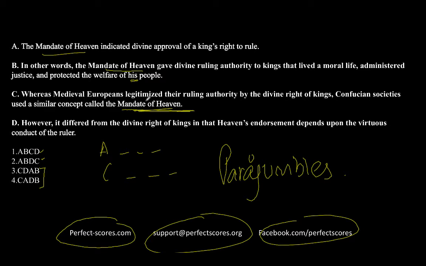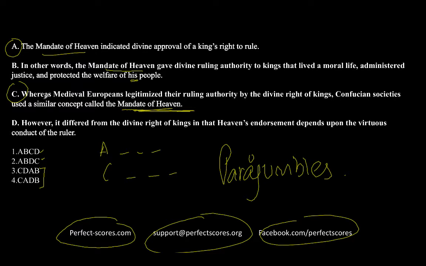So this is mostly like an introduction to a paragraph, so this very well can be the first sentence. D. However, it differed from divine right of kings in that the heaven's endorsement depends upon the virtuous conduct of the ruler. Alright, so if you have to take a guess between option A and option C being the first one,